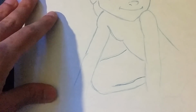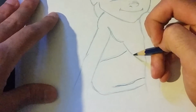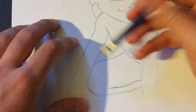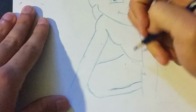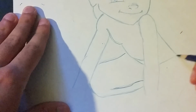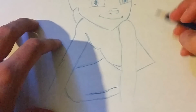From there, we're going to connect his loincloth to his body. Just going to have a little piece coming off like this. And actually, we're going to make that a little bit different. We're going to make this his body, and this the loincloth. I could have just left it there. And it comes up like this on the other side. This is the loincloth right here. It comes up, and we're going to